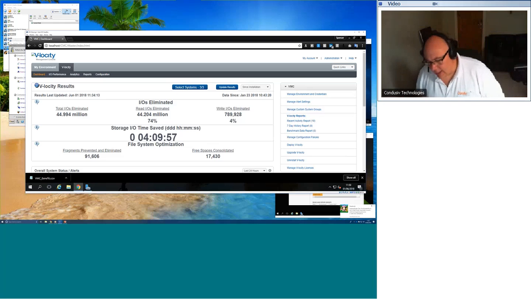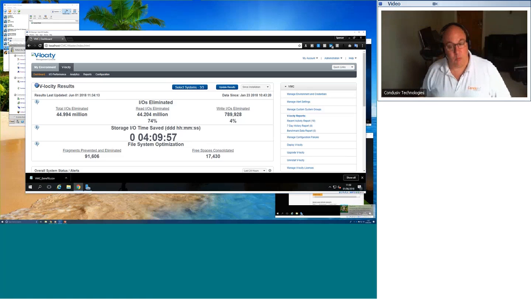Think back to those dumper trucks that I mentioned earlier. You want those IOs to be carrying as much data as possible, have the least amount of IOs that you can get away with to make it as efficient as possible, and still help the performance at the application layer and the storage layer by saving that storage I/O time and satisfying as many of those IOs as you can from the RAM. And of course, you have the latest engines in there, in the latest versions of the software